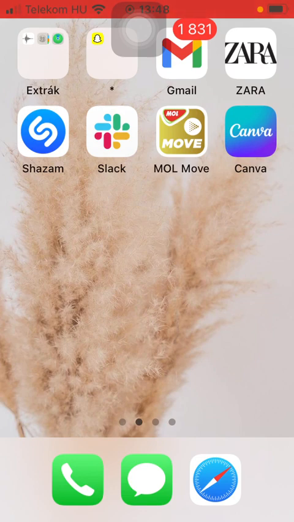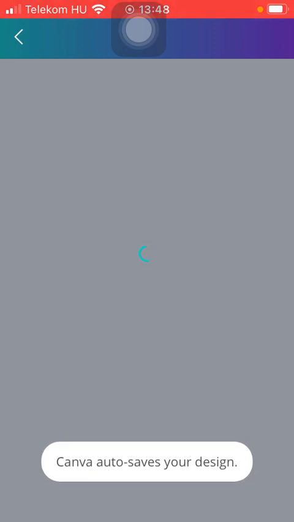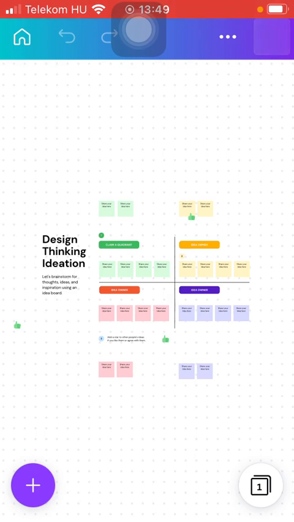So let's jump into it. First of all, open the application on your phone. After that you should select the whiteboard you want to use, and then click on the plus icon down below in the left side corner of the screen and tap on